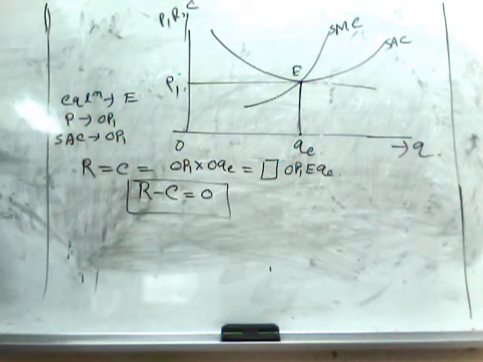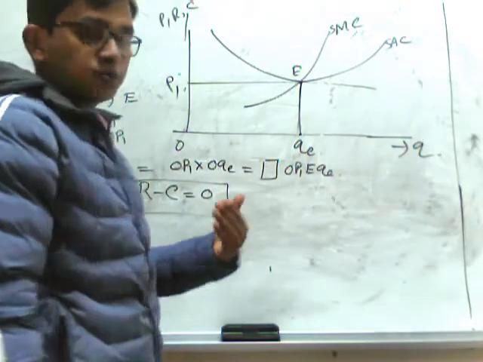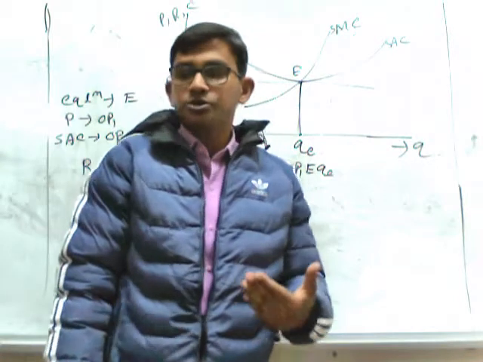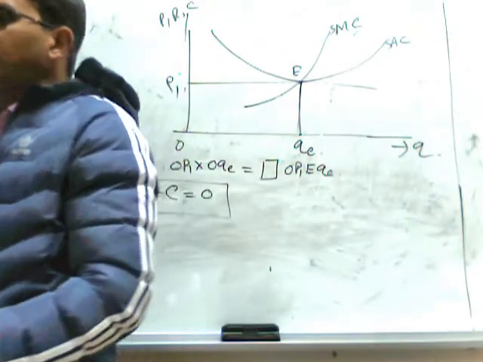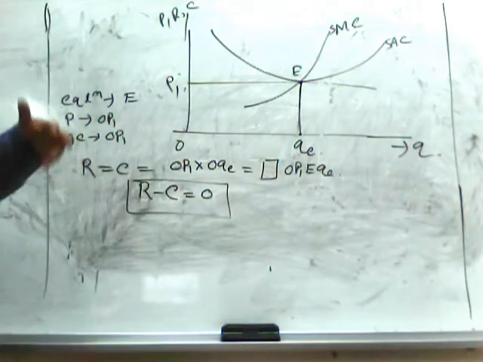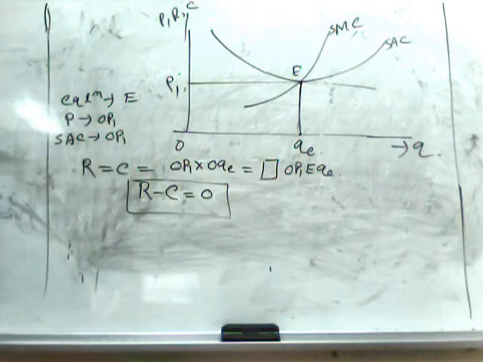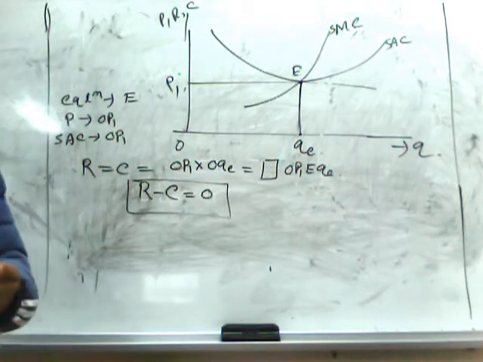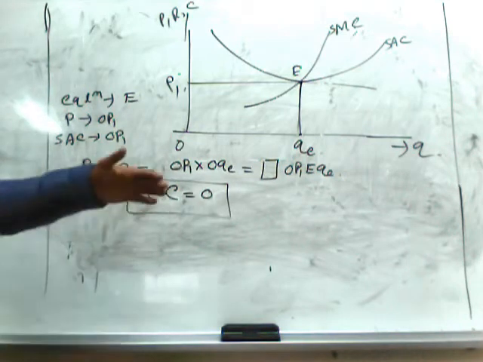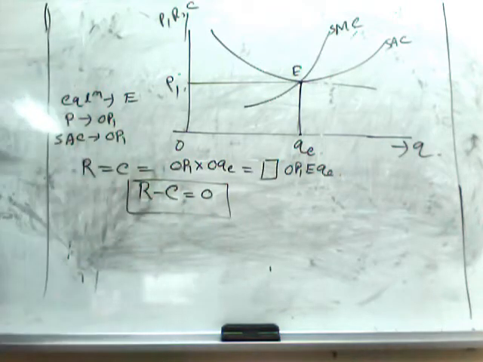So that's why whenever revenue is exactly equal to the cost, supernormal profit becomes 0. So the firm earns normal profit. Whenever a firm earns anything above the normal profit, that is called supernormal profit. So in the previous case, whenever price is greater than average cost, and total revenue at the point of equilibrium is greater than cost, we call it an instance of supernormal profit. But here revenue is exactly equal to cost, which means the producer can earn only its normal profit.